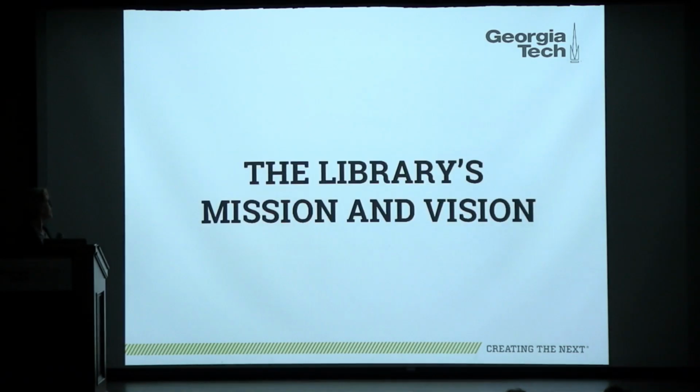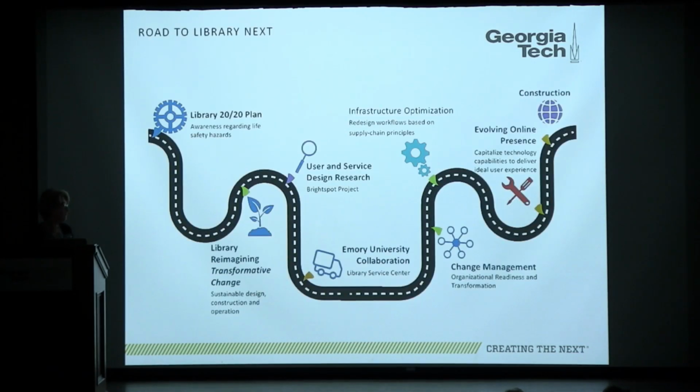So I was asked to talk to you this morning about the mission and the vision and how that's changed, how it is changing and will continue to change, and to give you context from a programmatic point of view about what we're doing with Library Next and the planning going forward. This graphic we've been using for a very long time,